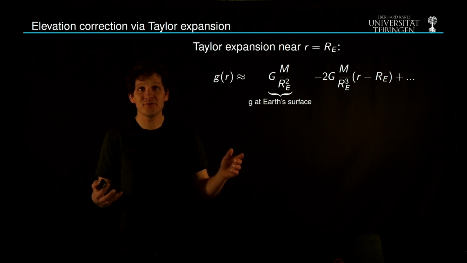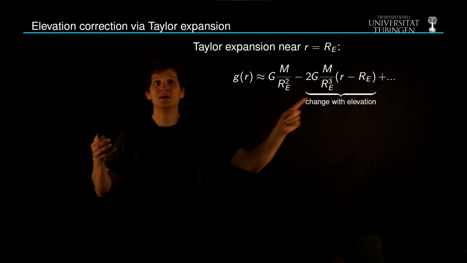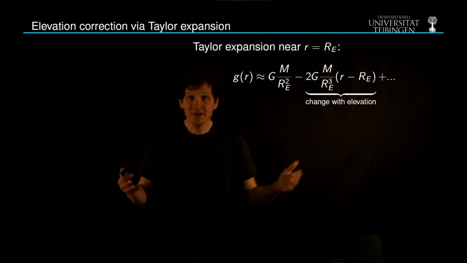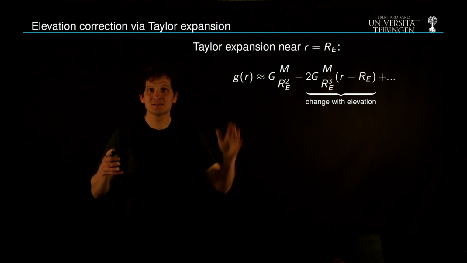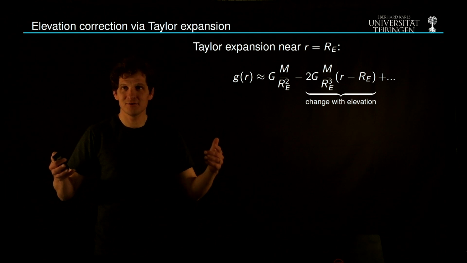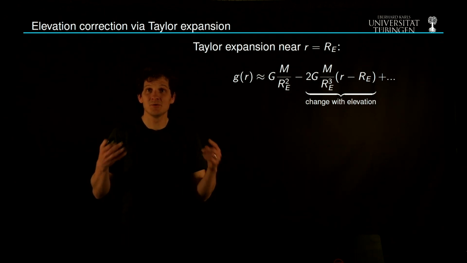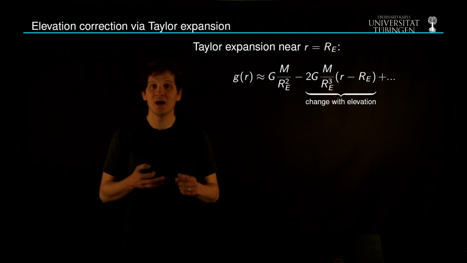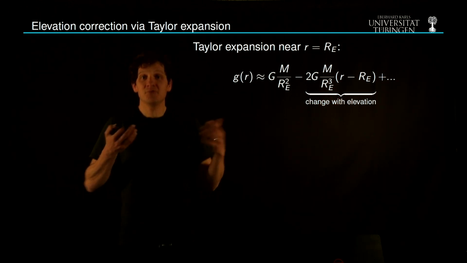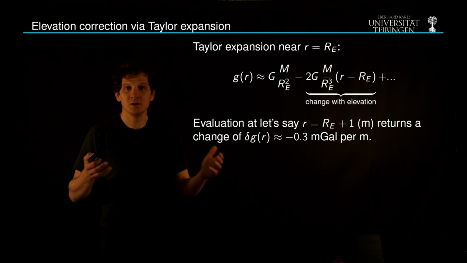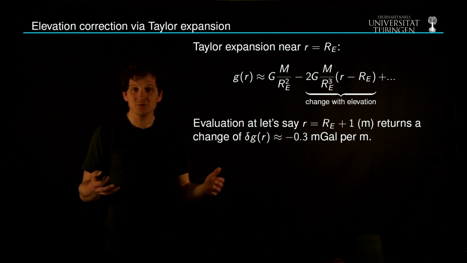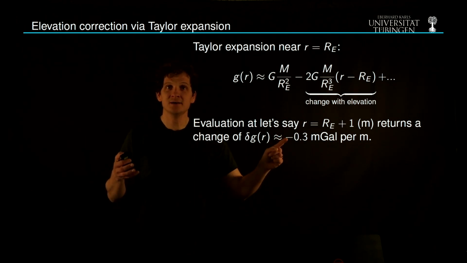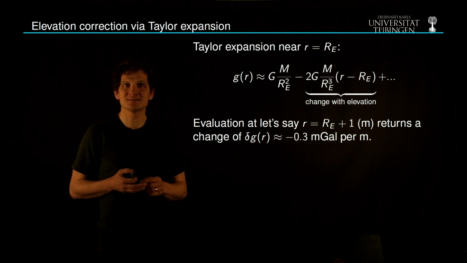And we also find a first order linear correction term which quantifies how the magnitude of the Earth acceleration changes with increasing elevation, meaning with increasing r. And if we plug in the known numbers, we arrive at a correction factor which is approximately 0.3 milligauss per